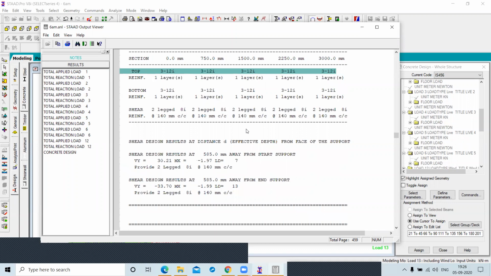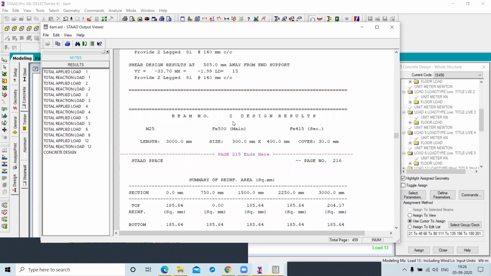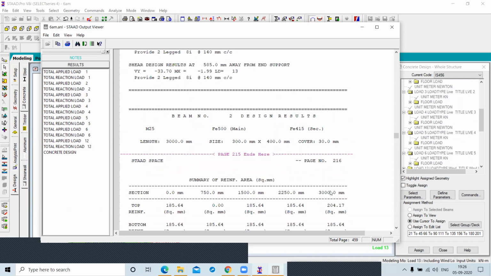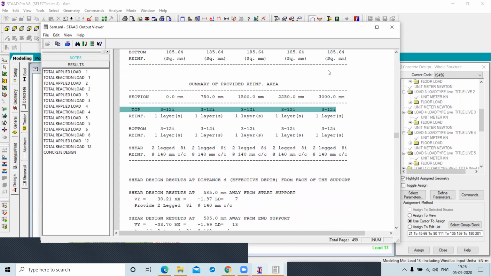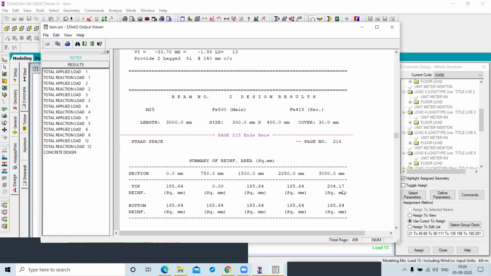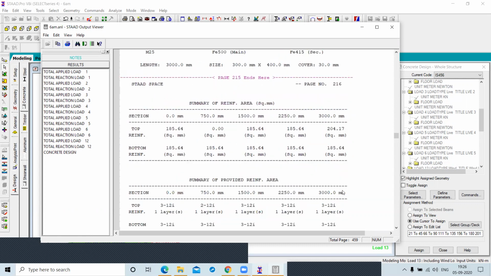Similarly, you have the design result for beam number 2. Now the result is different here because beam number 1 is 185, and now beam number 2 is 204. Yes, but the beam number is same. Okay.